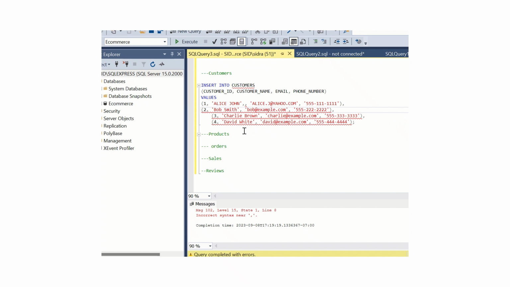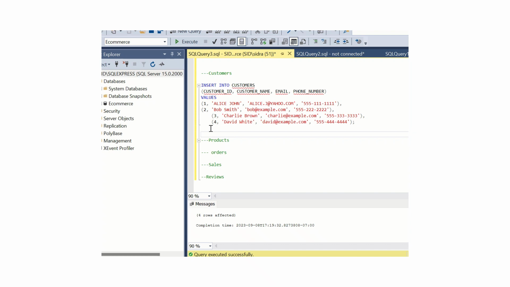I made a mistake somewhere. Oops, I have one more extra comma. You see that the error is gone now. It's looking nice. Let's try again. Okay, 4 rows affected. If you want to see that this got populated in your table, you can always do